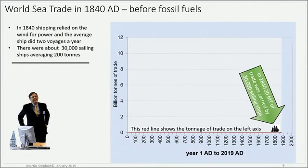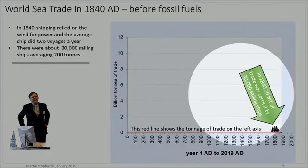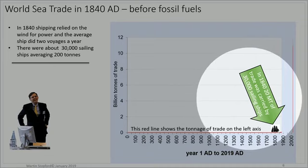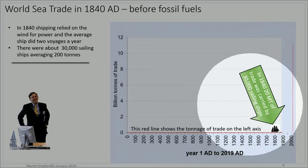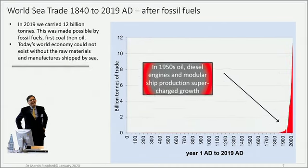Just before we finish this, a reminder of what we're up against. In 1840, the merchant fleet was in fact entirely green. 30,000 ships carried 20 million tons of trade. You can hardly see it on the axis here. And the shipping industry didn't really move all that much cargo. We moved forward to